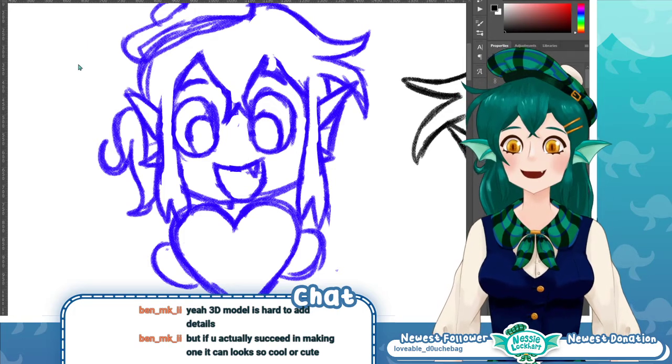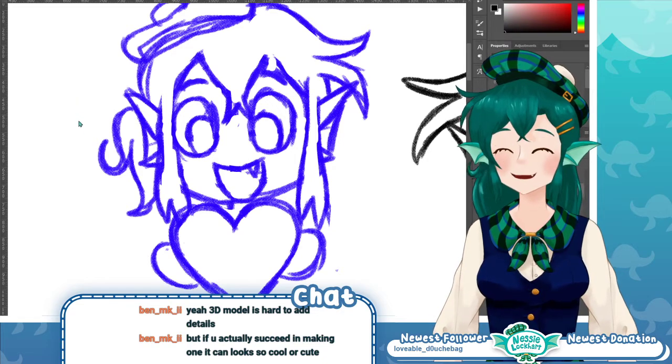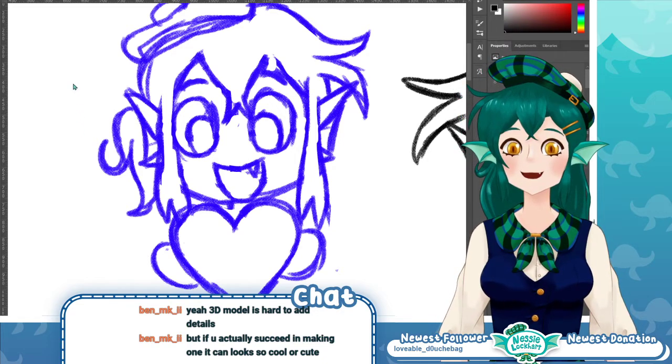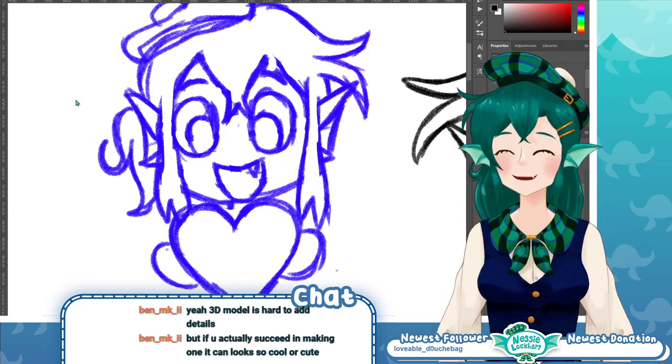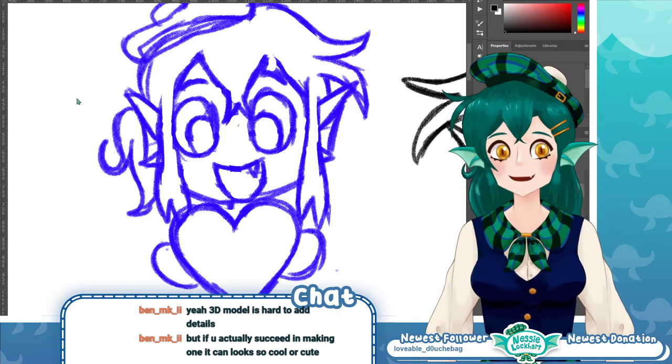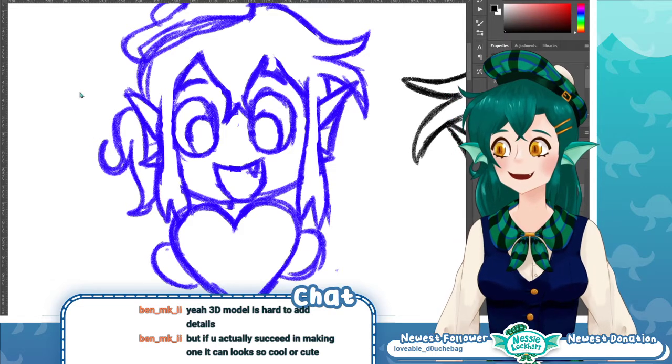To try to learn something like that. But if you actually succeed in making one, you can make it look cool or cute. I think it'd be a fun thing to learn to do 3D models too someday, because it can really expand your content horizons.